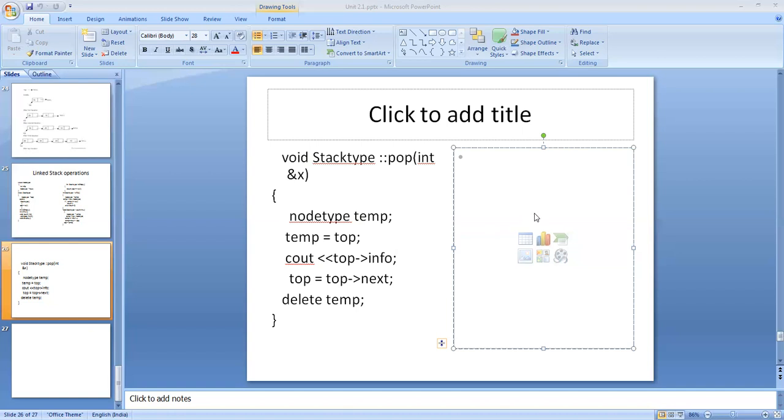So the name of the function to display the stack is display. It is available in stack type, void display.